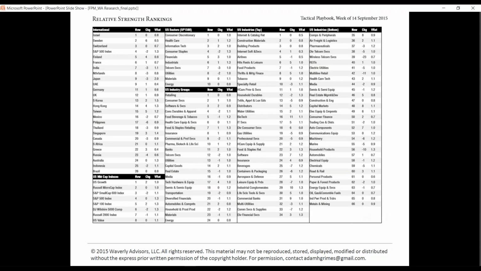We also publish a tremendous wealth of support material. So here is a view of the relative strength of global markets, relative strength of U.S. industries and sectors. Again, this is very helpful information for people trading U.S. stocks if you want to know where to focus. And we also look at these from an allocator's perspective, from a much longer term perspective.